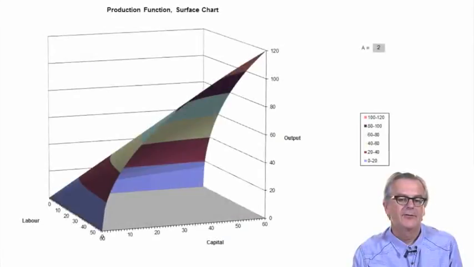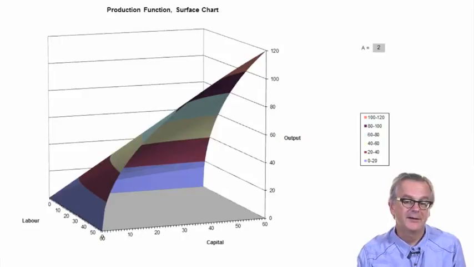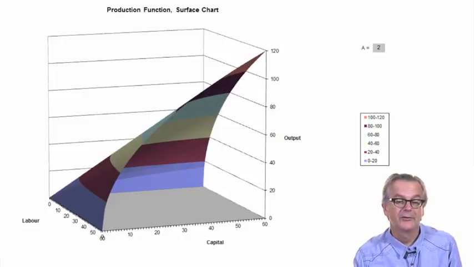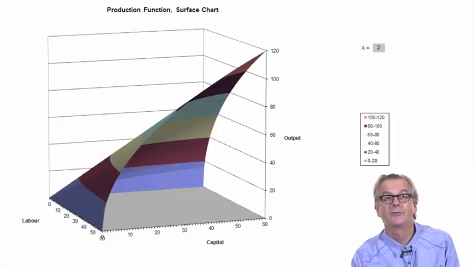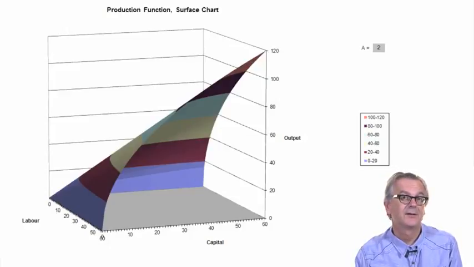All right, so here we have the three-dimensional representation of the production function. There's an enormous amount of detail on this kind of three-dimensional graph. We're taking all possible combinations of labour and capital, and we're seeing what the corresponding levels of output will be. Now, whilst we have a lot of information in this graph, it's actually very cumbersome to work with these three-dimensional